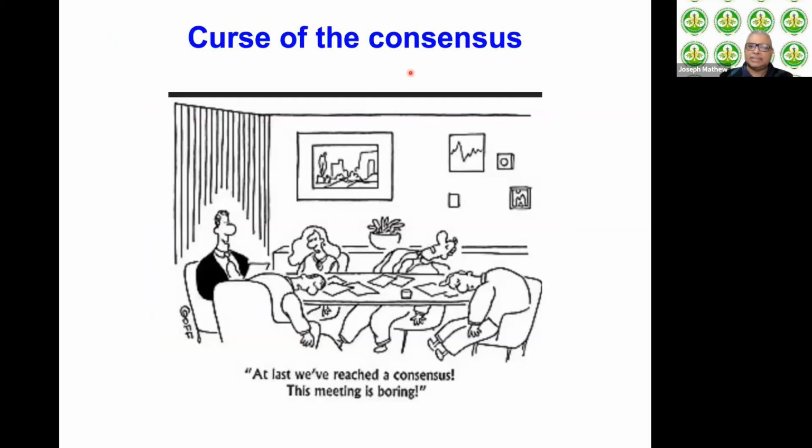The other problem is that the developing countries have this thing that I call the curse of the consensus. Now, consensus building in a guideline is actually a formal process, whereas in much of the developing world, consensus is usually taken as the absence of dissent. So you have a room full of people in which one or two voices are dominating, they do all the talking, the rest don't say anything. And because there was no active dissent or disagreement, it is taken as a consensus. And a lot of guideline documents or the so-called guideline documents in countries like ours are actually based on this consensus, which if you looked at it very carefully is the voice of one or two people who are dominating that group.